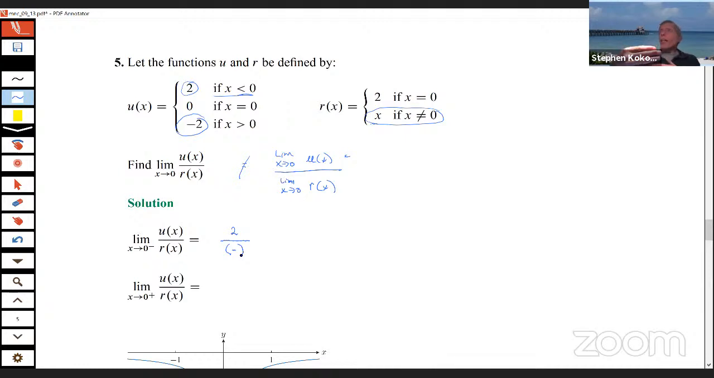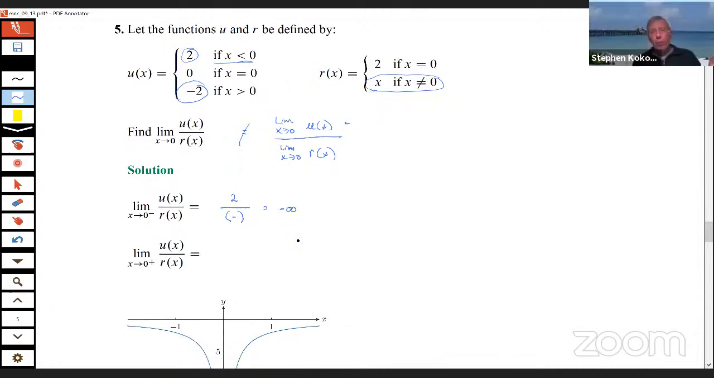So the numerator is 2. The denominator is approaching very small negative numbers, and that drives the whole expression, the whole fraction, to minus infinity, decreasing without bound. Agree. Now, similarly, as x approaches 0 from the right-hand side, let's see, this time the numerator